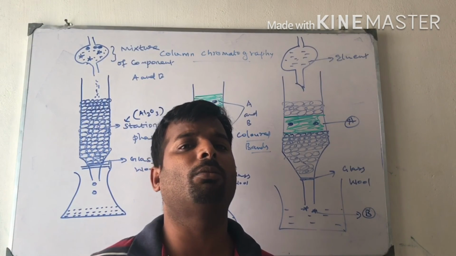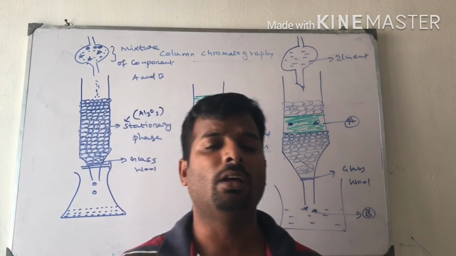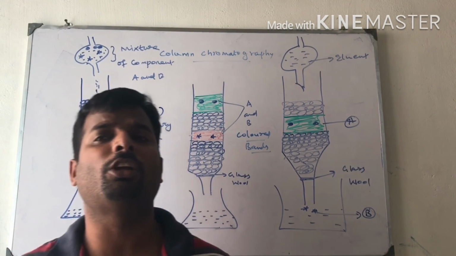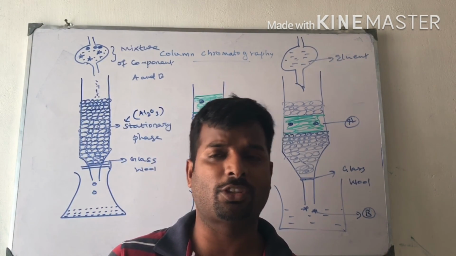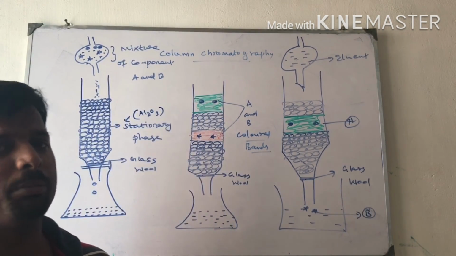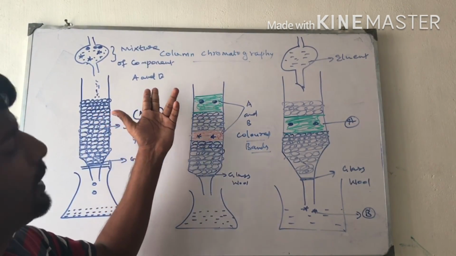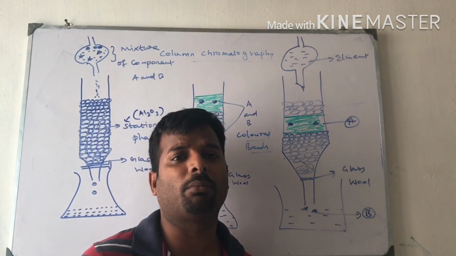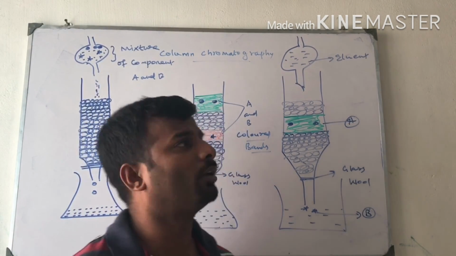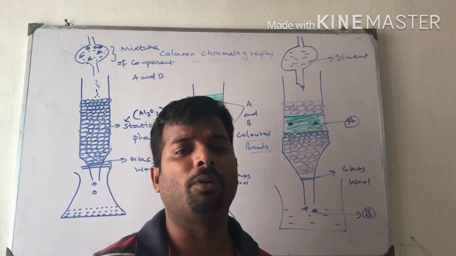So commercially, column chromatography is a very important technique. This is not used for the purification of metals and the like. This is a special type of separating technique. It is used to separate a very small quantity of impurities present in the material, where the size of the impurity is very, very small. Not only impurities, but also components, A and B mixed together. Suppose A plus B plus C, three components mixed together, you get three color bands in the column chromatography, and using a suitable eluent we can separate the components one by one. This is a very important method.